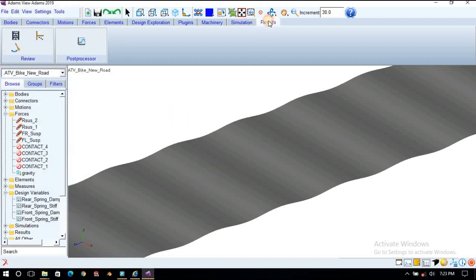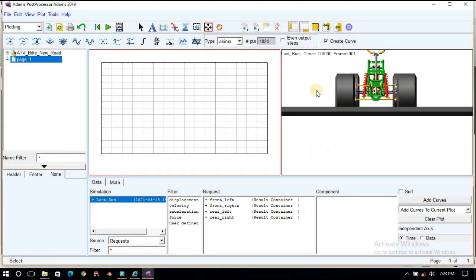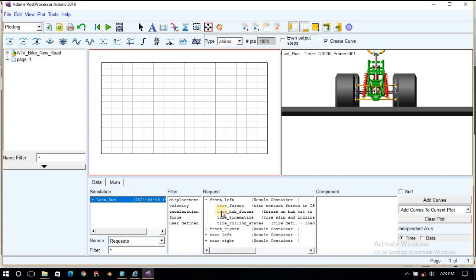So you can go to the post processing window and you can extract the tire data. Here you can go to the object or request, and here tire data is available. So you can go to tire forces: longitudinal force, lateral force, normal force, overturning moment, rolling resistance, and aligning torque or moment.